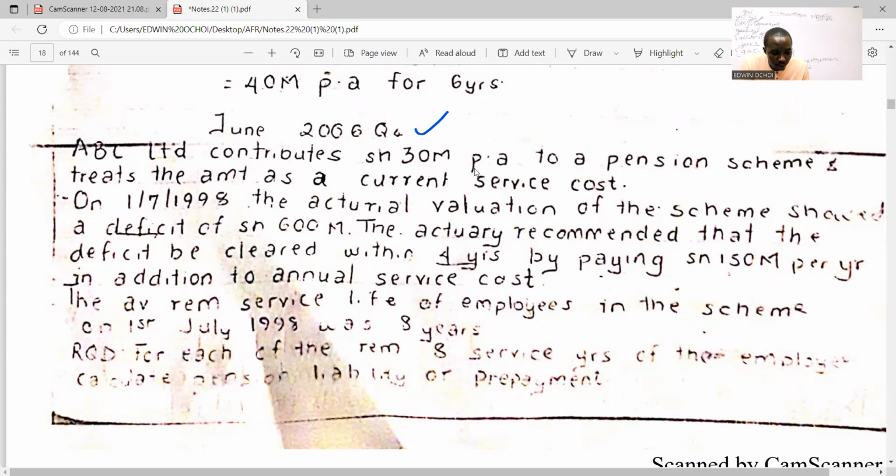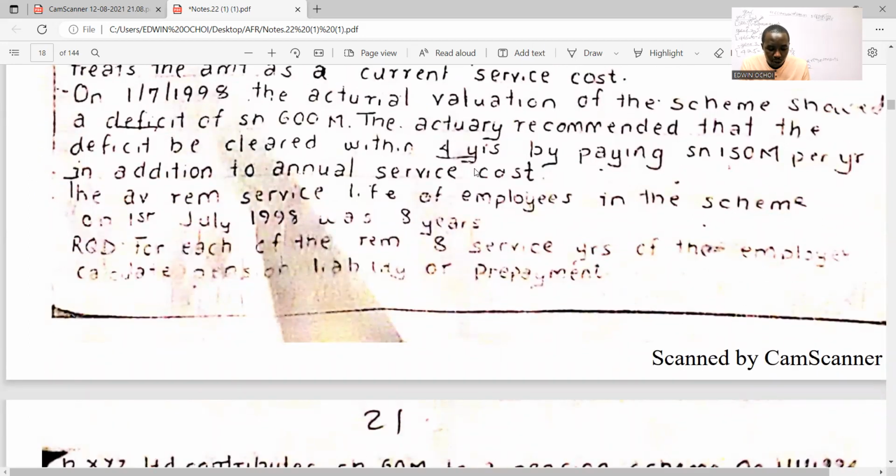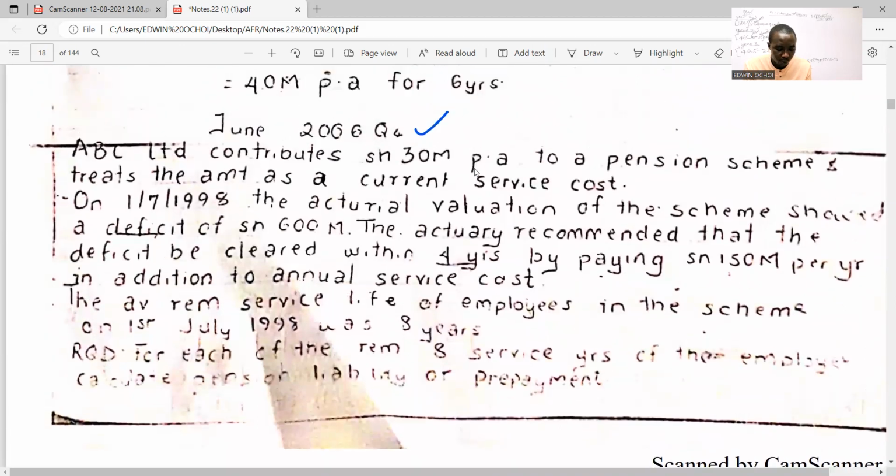They are saying that ABC Limited contributes 30 million per annum to a pension scheme, and it treats the amount as current service costs. On 1st July 1998, the actuarial valuation of the scheme showed a deficit of 600 million. The actuary recommended that the deficit be cleared within 4 years by paying 150 per year, in addition to annual service cost. The average service life of the employee in the scheme on 1st July 1998 was 8 years. Required, for each of the remaining 8 years of the employee, calculate pension liability or prepayment. So you are told that the actuarial valuation of the scheme showed a deficit of